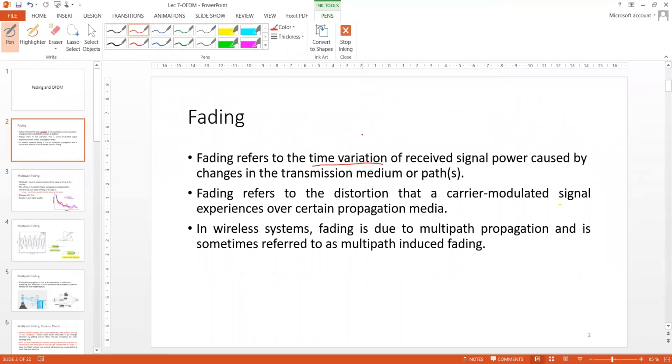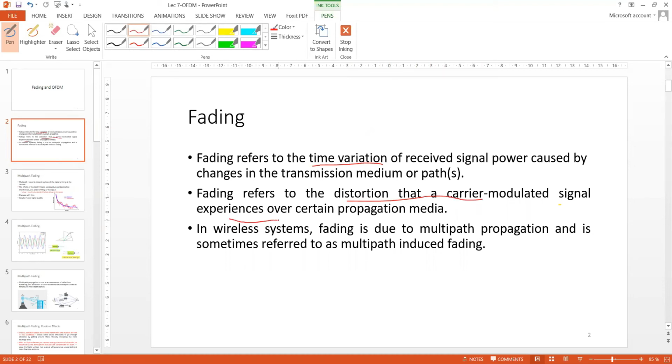Now, there are different types of impairments present in the channel, and these impairments can affect the signal in different forms. Previously, we have seen that the strength or power of the signal deteriorates as it moves from one point to another. Today, we are going to see another type of fading, and we are going to understand how multi-path fading affects the quality of the signal at the receiving end. Now, another way of defining fading is that fading refers to the distortion